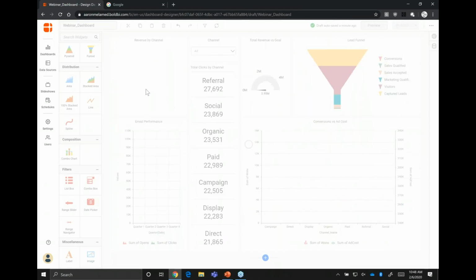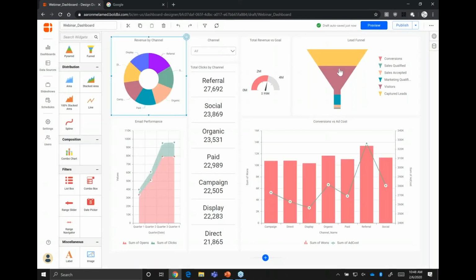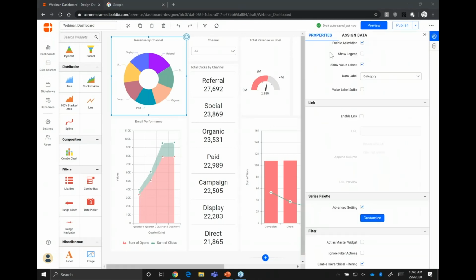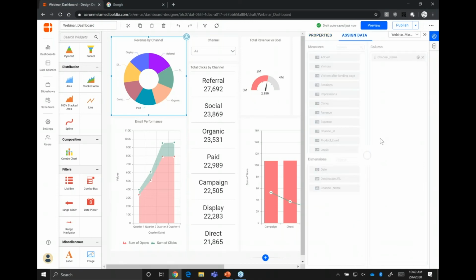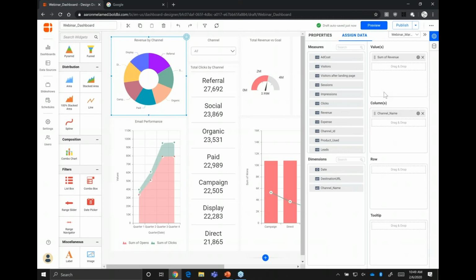So I can actually enable it here in the donut chart. The way it works is you select your widget, you go to edit it. So go ahead and select it, go to the properties panel, and then click on assign data. This is actually not done through the properties panel itself, but rather through assign data. And in this case, this is one of those widgets that has a column field for you to be able